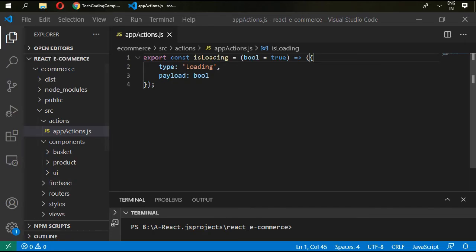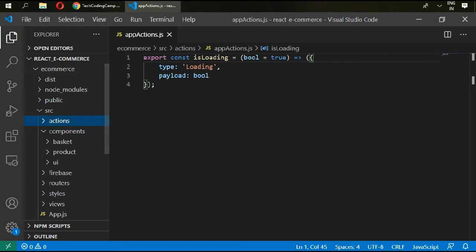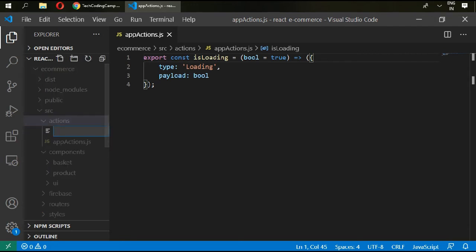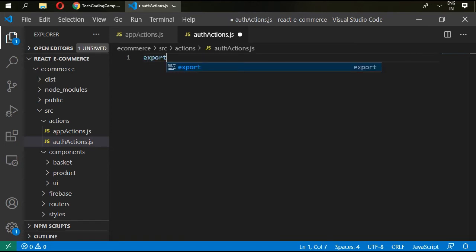Okay, so app actions are clear. Let me close this terminal. Okay, now the next action is AuthActions.js, like sign in, sign up, or stay signed in, and a lot more. So in AuthActions, we export const,